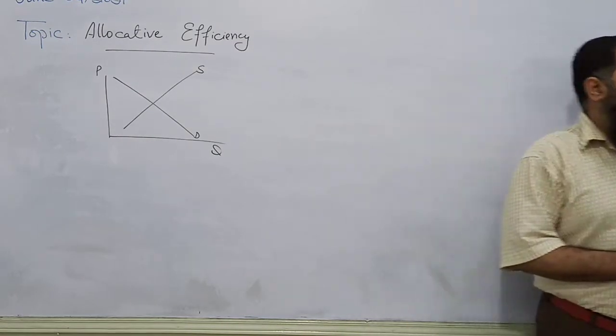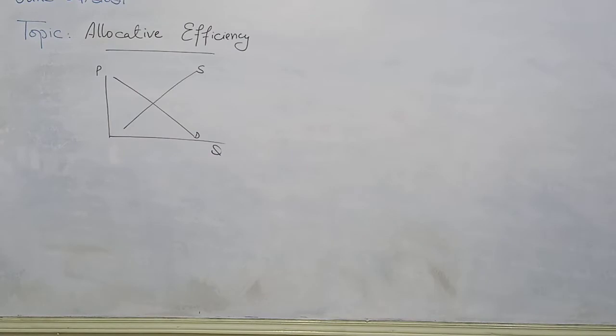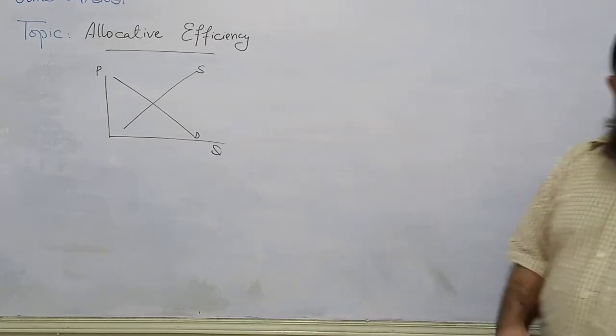The resources are allocated efficiently when all the markets are operating at equilibrium, not under ceteris paribus but under dynamic conditions. Clear? Because general equilibrium cannot be achieved within certain ceteris paribus conditions. We see this is a very, very advanced approach. When all the markets are operating at equilibrium, we can find that the free market system will achieve what? Allocative efficiency. Do you think all the markets are operating at equilibrium?